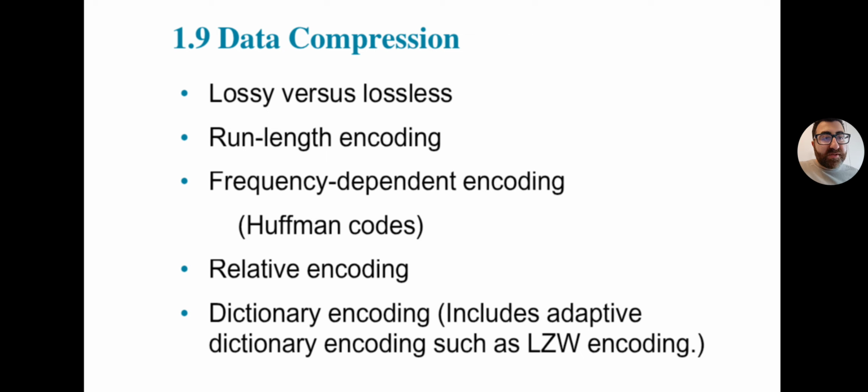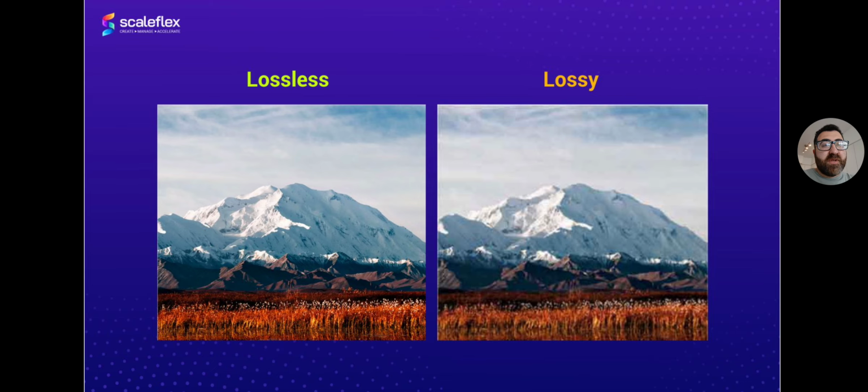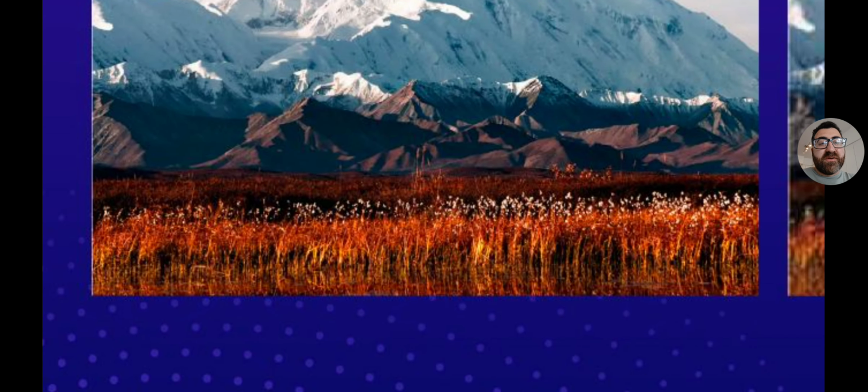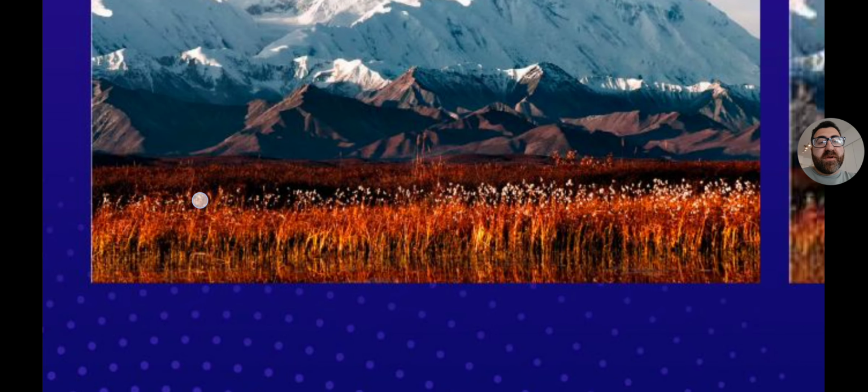So we're going to look at a photo. This is a lossless photo. And if we look at the grain on the top, I'm going to tap my finger on the grain. Each grain is like a speck of grain at the tip of the plant, on the top tip of the plant. And if you look at the same grain, the same top of the plant on the lossy compression photo, for example, you look at